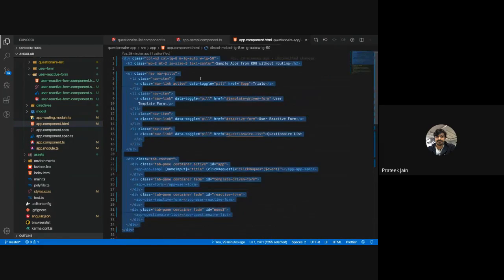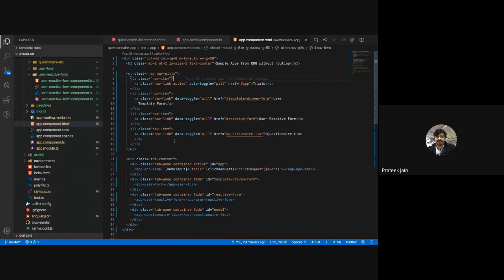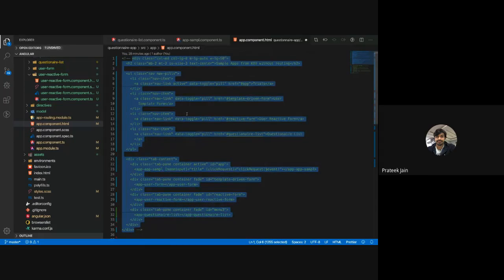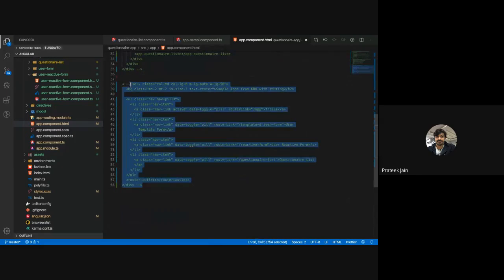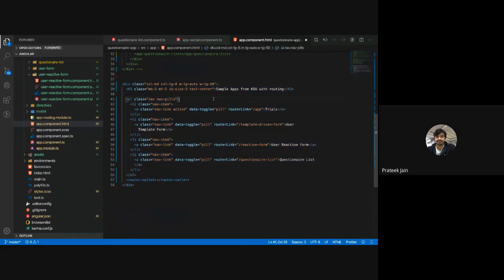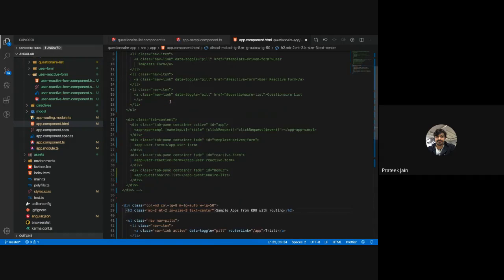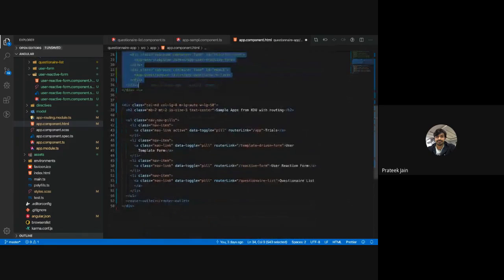I had four buttons on the top, and on click of one of the buttons, I was rendering that content on my UI part. Now to achieve the same thing, I'm going to comment this and uncomment this. I will show you the benefit of this also. I removed all the code which was there at the bottom like this, and I converted all this